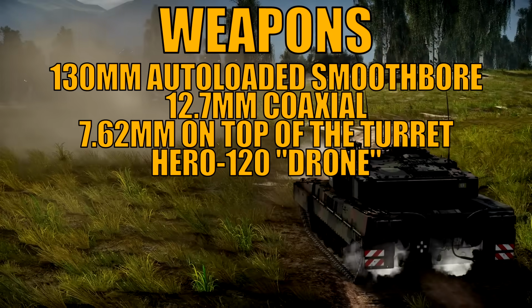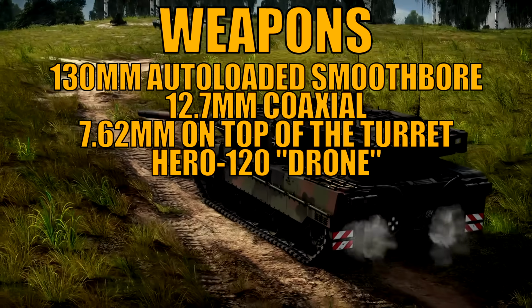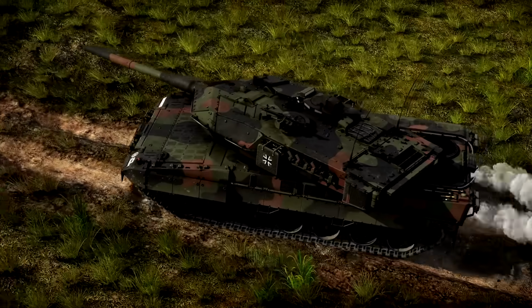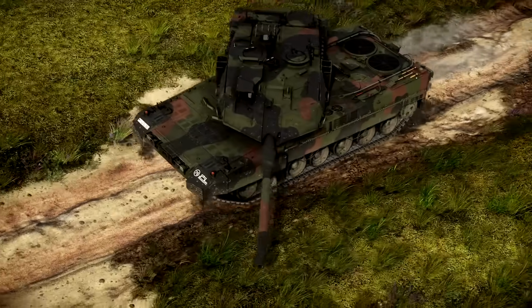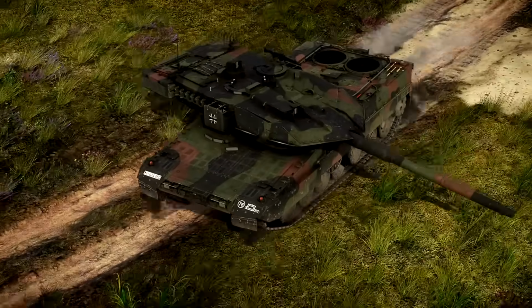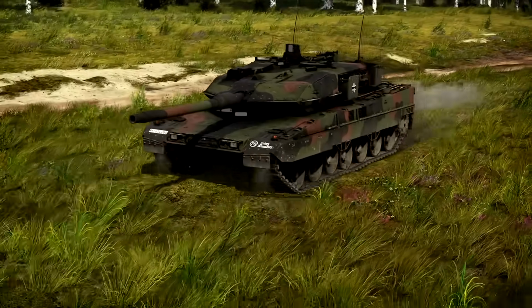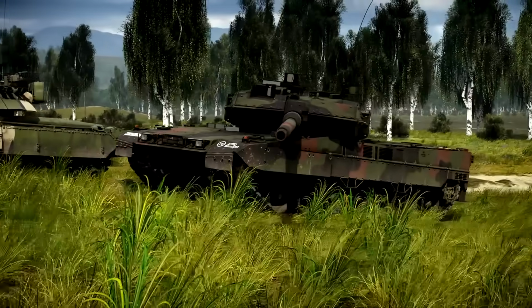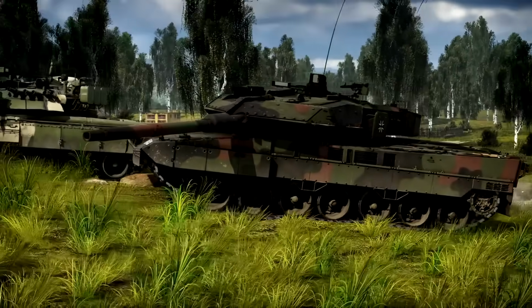It uses auxiliary guns as well, like the 12.7 coaxial machine gun. It also has the turret on the roof with a 7.62. And apparently it can even have a grenade launcher in there as well, depending on the options that the client wants from this tank, right? And also, I think one of the main weapons that we have here is the Hero 120,